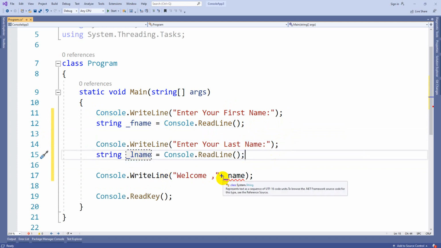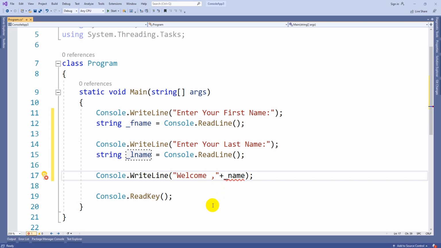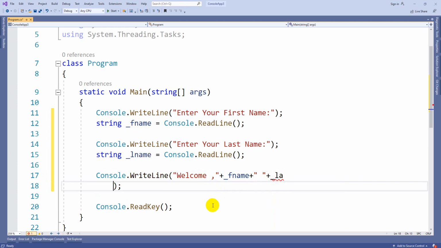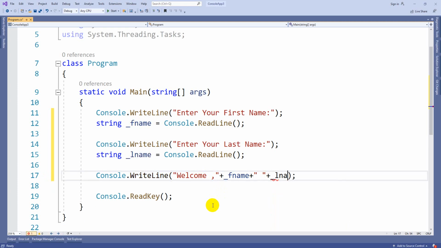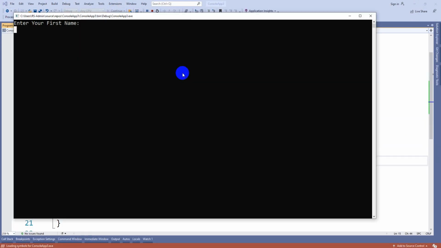So here what you will do, welcome plus fname, first name, plus space, again plus _lname. Okay, if I execute, it is going to print like this.